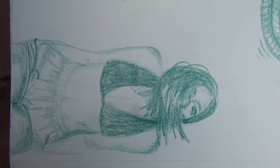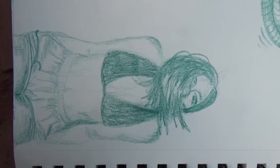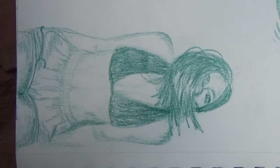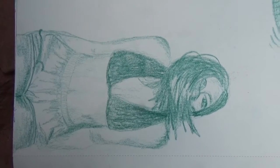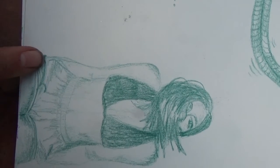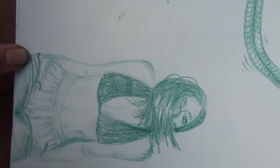I did a photography project a while ago, and this is one of the photos I took, and I just loved the movement of my hair and everything, so I thought it would be a good reference photo for this. And I really enjoyed doing fabric too. All the folds and stuff look really nice. So